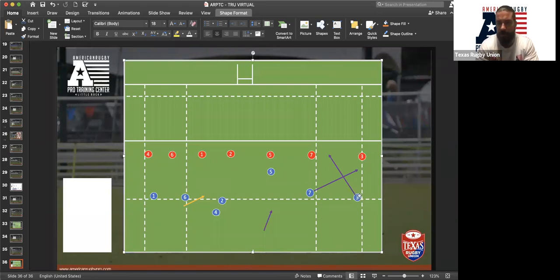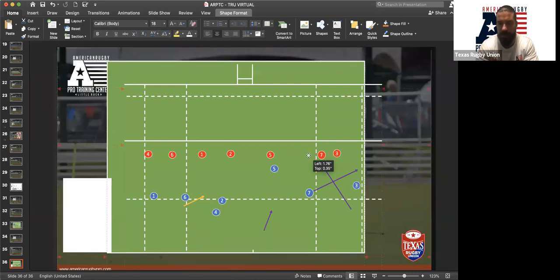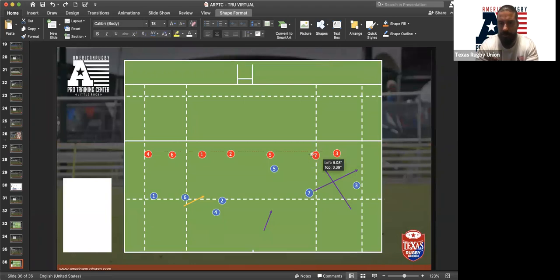What we're actually trying to do is use this 3 as a decoy to have this 3 bite in, have the 7 bite in, so maybe the 5 can run around the corner, or if they can't do that, the 7 can come out the back and they manipulate this space here. If the defensive 3 does not bite, then we can put the attacking 3 through that gap as well.